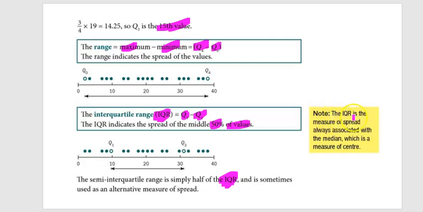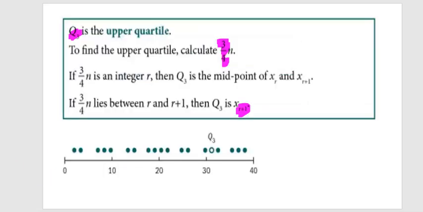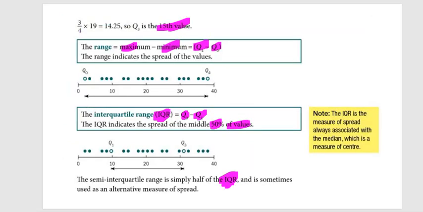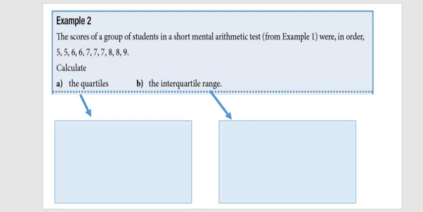But note, the IQR is a measure of spread, always associated with the median, which is a measure of the center in the given data. So let's consider these examples on the interquartile range. The scores of a group of students in a short mental arithmetic test, for example 1, were, in order, 5,